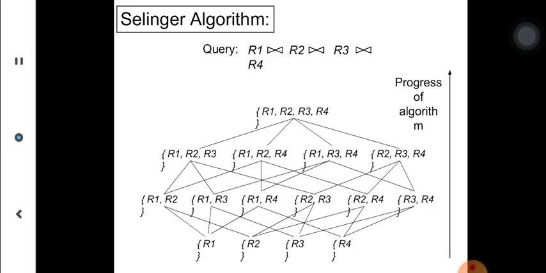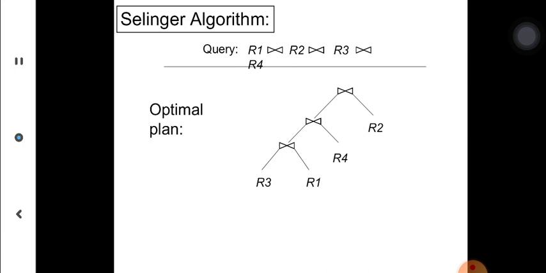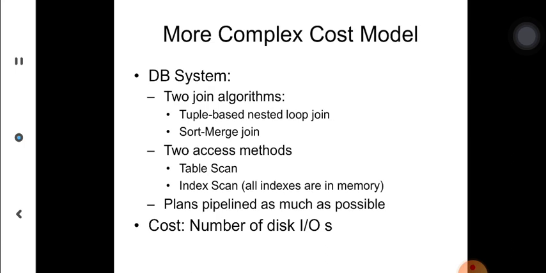There is another approach to the same algorithm, and you can see here you can have different paths across this entire tree. You can understand this is a different combination of R1, R2, R3, R1, R2, R4, a combination of different relations, and ultimately you find an optimal plan. So the more complex cost model depends on